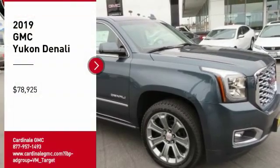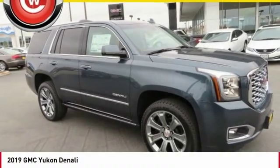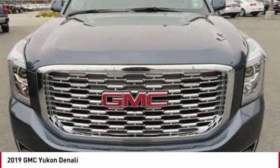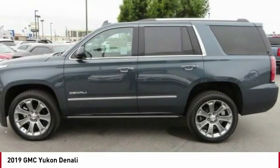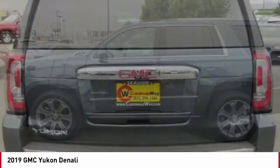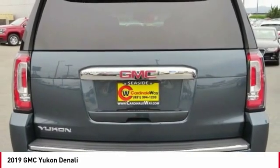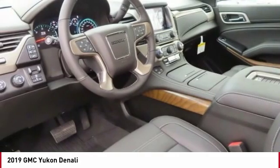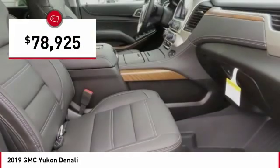Stop by and take a look at the 2019 Yukon. Peace of mind comes standard with GMC's 100,000-mile, 5-year powertrain warranty and Yukon's 5-star frontal crash test rating. Boasting a Vortec 5.3-liter V8 with active fuel management, flex fuel, Yukon is agile and capable and is priced below